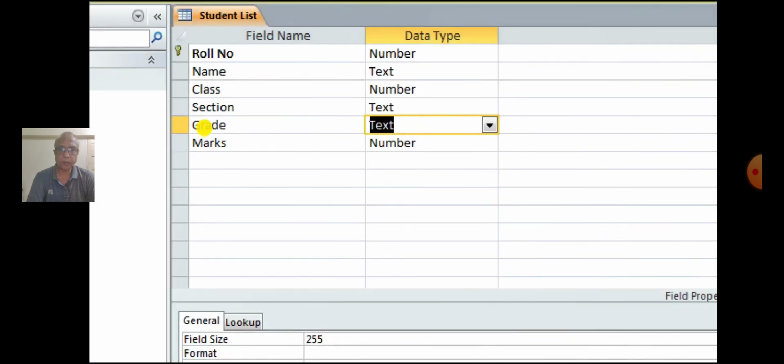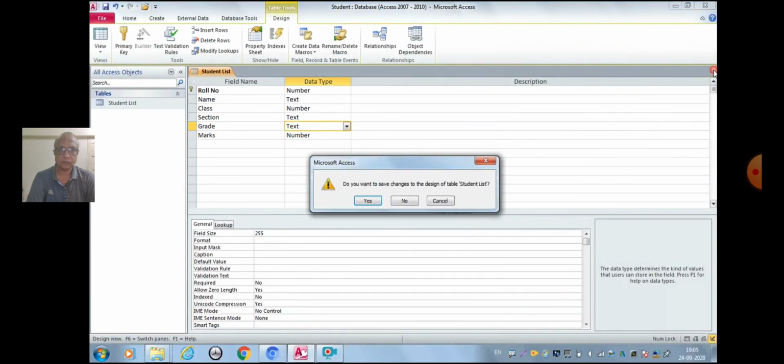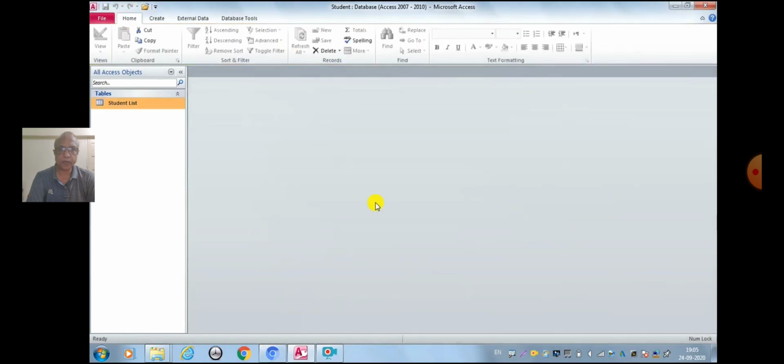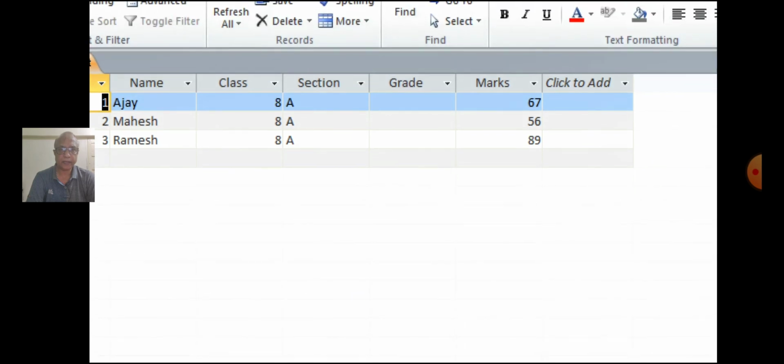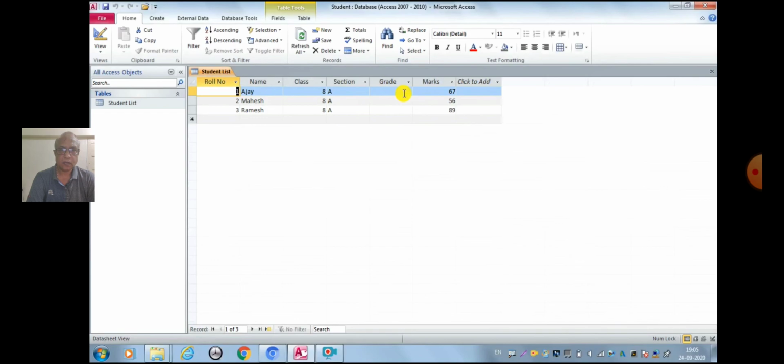Now close the table. Click on S to save the table. Now the field name grade is inserted before the marks field. Start entering the data to the existing records.